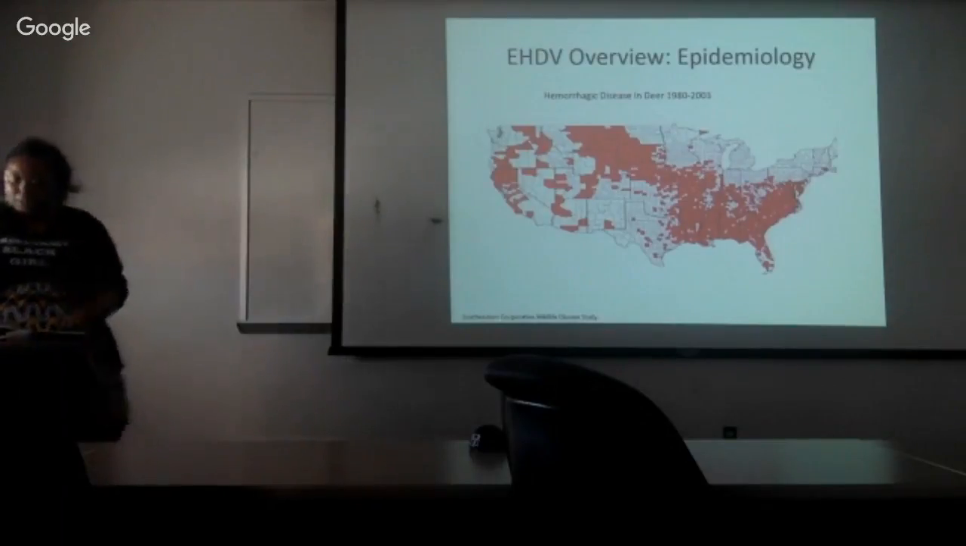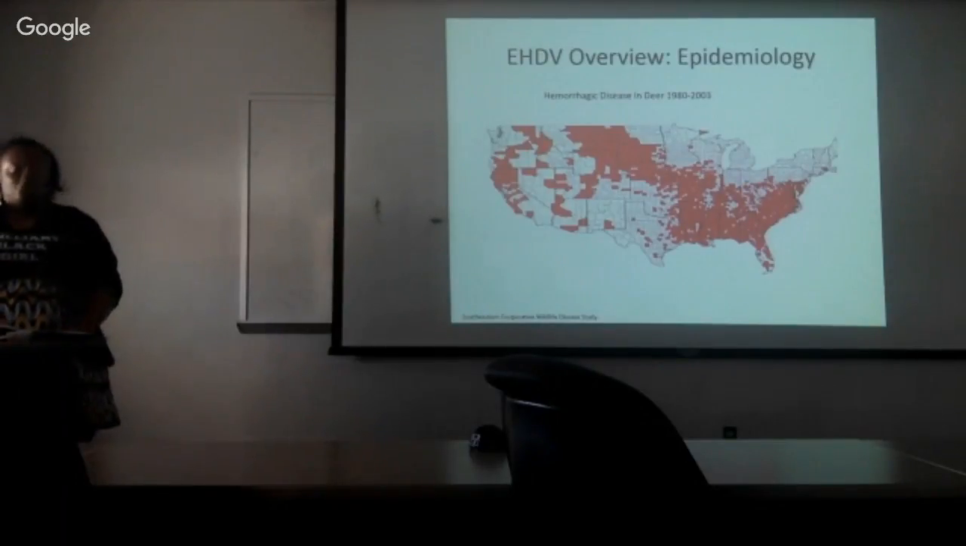Outbreaks occur in the U.S. in the late summer or early fall. White-tailed deer are most commonly affected, but it can also affect other wild ruminants and occasionally domestic animals, usually cattle. When it does infect cattle, you don't see mortality per se, but you see morbidity or a decrease in milk